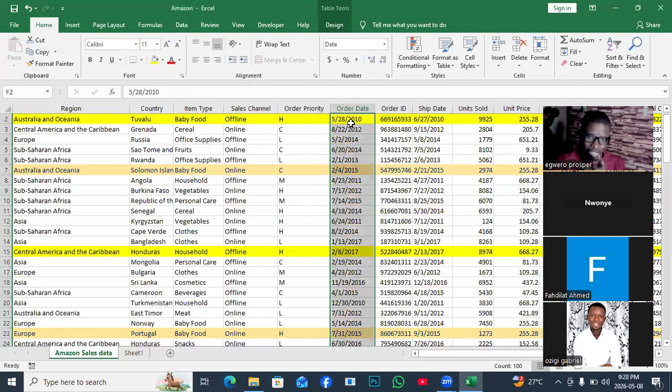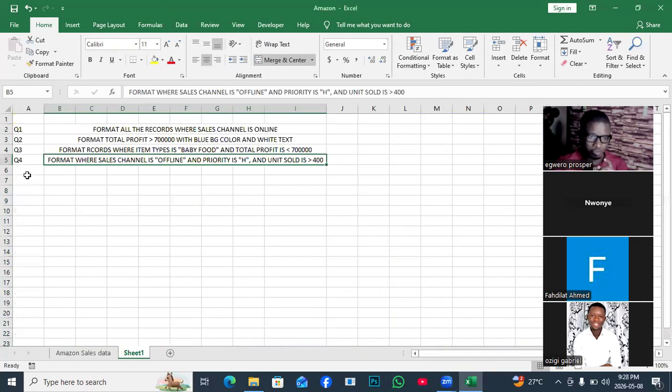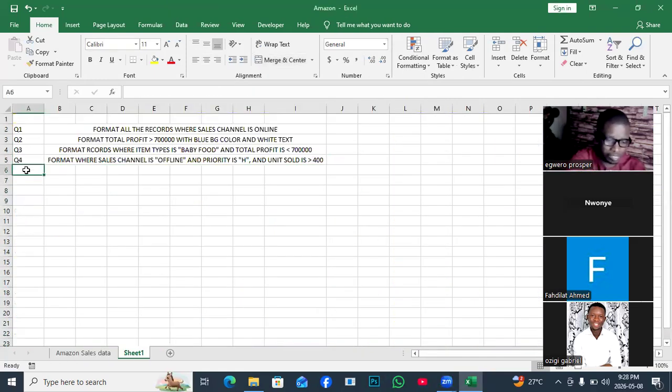Now, the format has not taken place, but it's possible that I may be working with that format in the background. So let's apply the command first and see if it's going to work like this. But you have to take note of that format, because that is how we are going to enter it. So what is the criteria now? The criteria this time around, which is our fifth task,